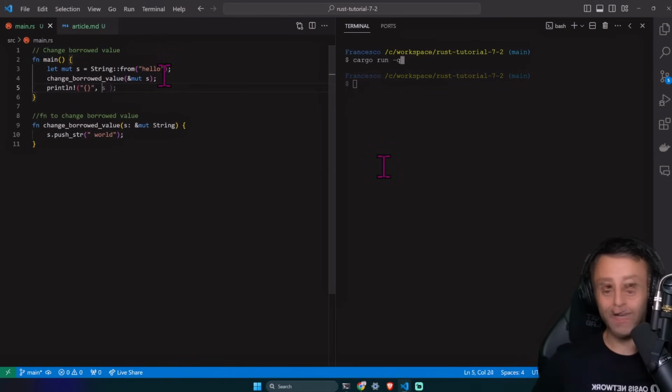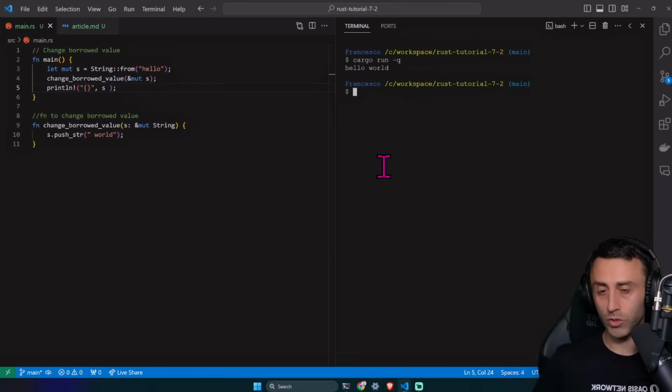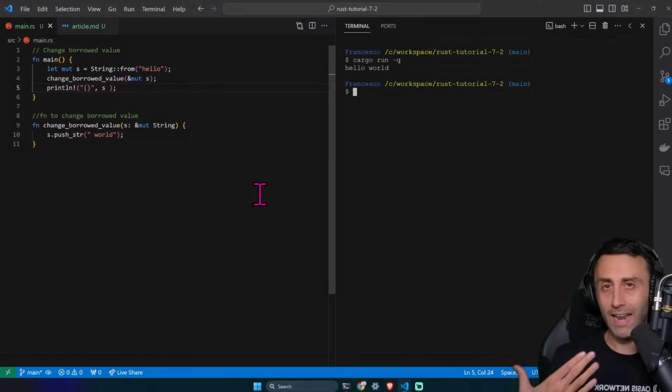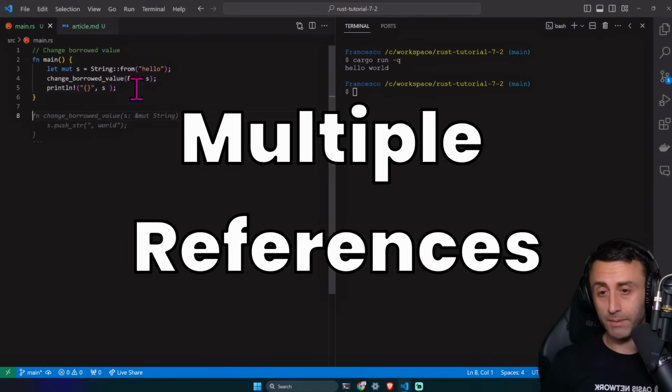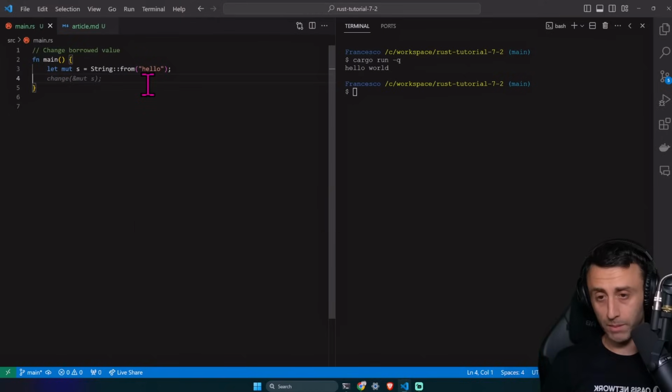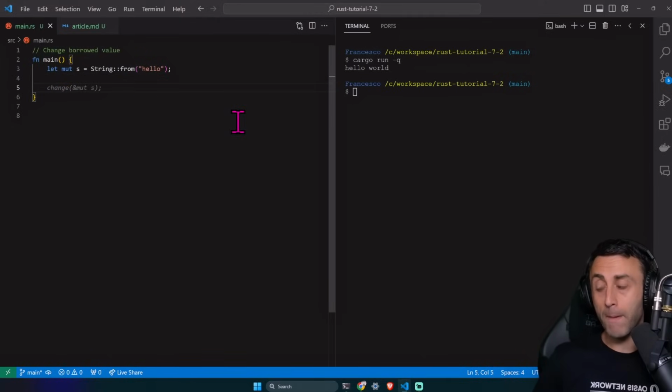Let's print it. Cargo run -q. Hello world. Okay, but we didn't have any error, so this was just a matter of printing something on the screen to see if this does work. Let's try something else. Let's say that we have this mutable string here, and I want to create multiple mutable